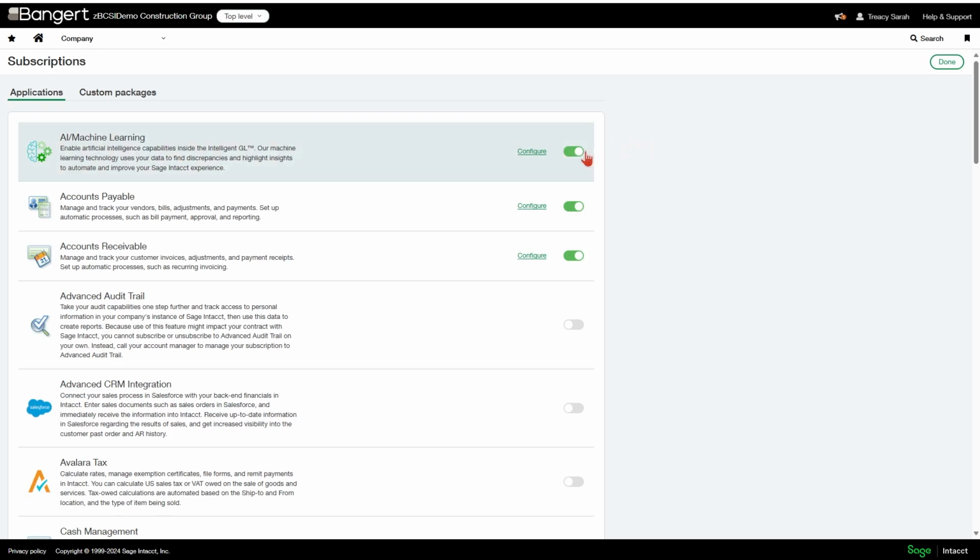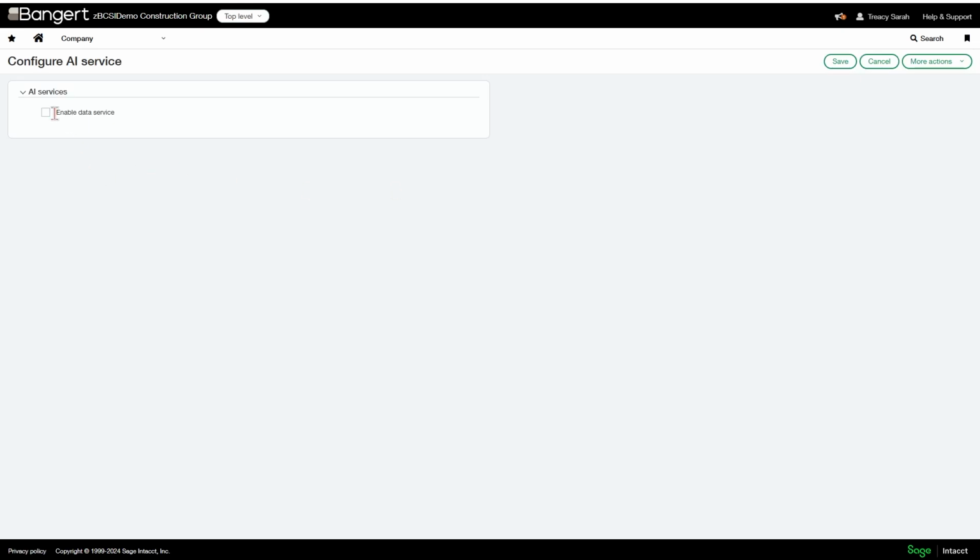But if you see this here, just click it on and then you would click Configure. So when you click Configure, then you enable data service. And if this is not checked, you want to check off enable for General Ledger approval. So this does not take automatic effect because the system needs time to read your data so that it can learn from your data basically to tell you when something looks strange or when a transaction brings back a flag. So it takes at least 2 days or 1,000 transactions, something like that.